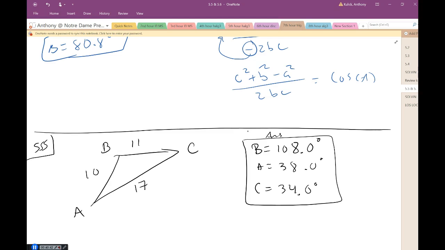So, law of cosines, is that just used to find angles, or law of sines to find sides? You can find either one with each of them. So in an SAS situation, you can use the law of cosines to find a side. Or in a, what is it? Angle side. You can find, or no, in an SSA situation, you can use the law of sines to find the